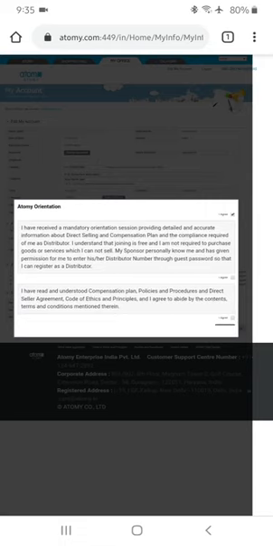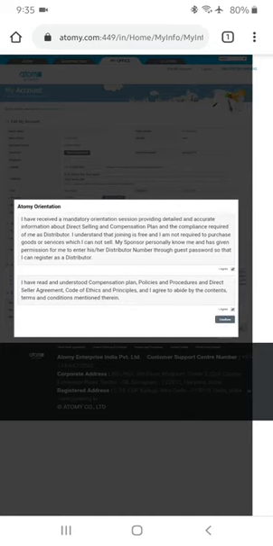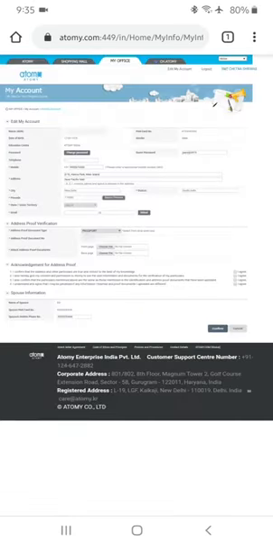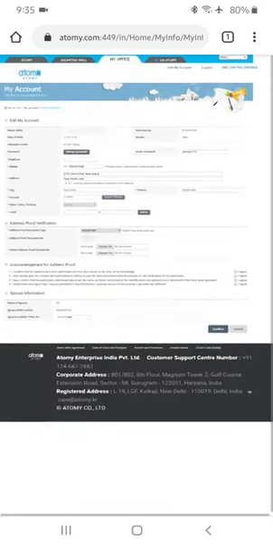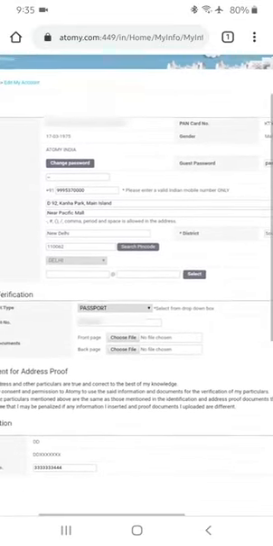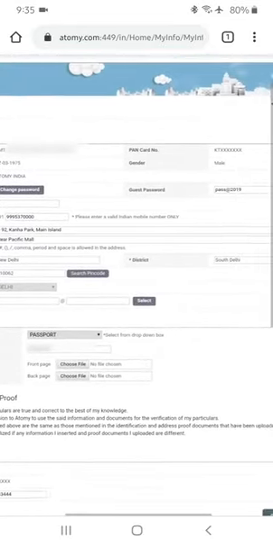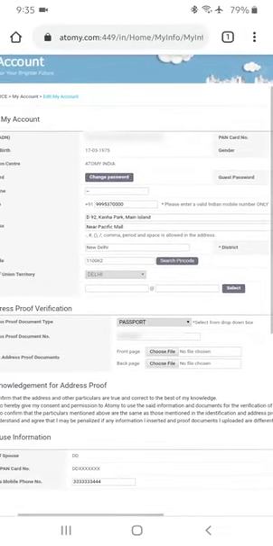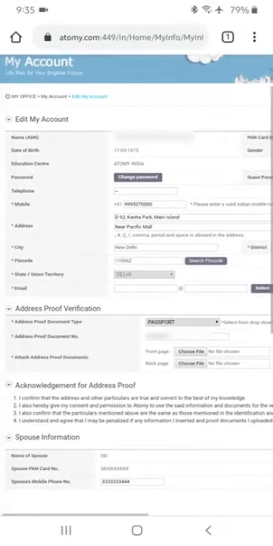You may give consent on both the boxes by clicking the I agree button. After that you click the confirm button and your basic information will pop up, which at the top will have your name, PAN number, your membership ID, gender, and education center detail.